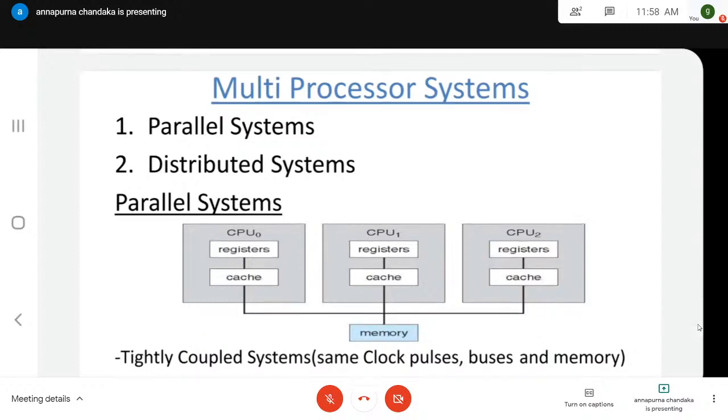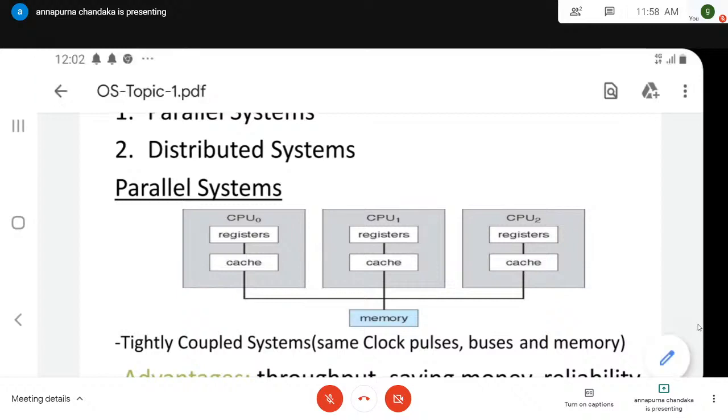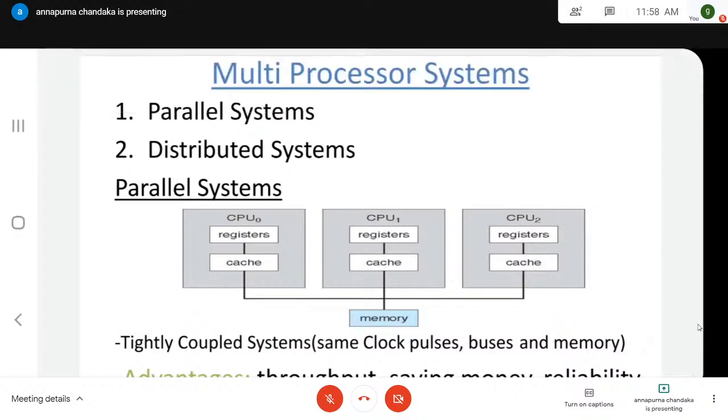Why do we need multiple CPUs on a single computer system? Earlier we understood that every computer system has a minimum of two processors: one is the CPU, and the second is the IO processor. Suppose you have a good amount of money in your pocket, can you put a larger number of CPUs on a single system? There is no problem; your speed will increase. Then what is the need of putting more CPUs on a single computer system?